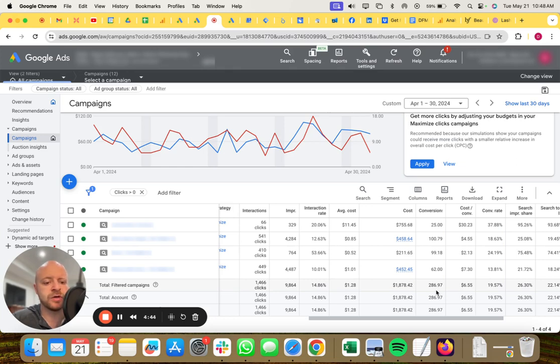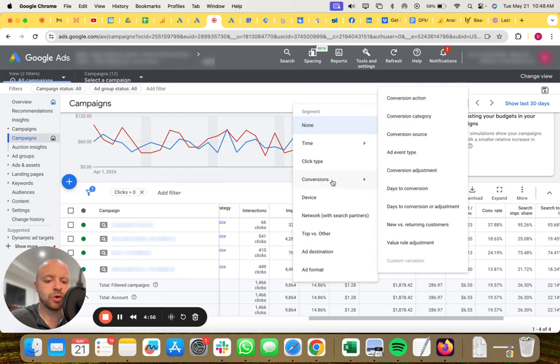This is where we start. So I'm going to show you a quick way to understand that before we go to the conversions tab. What I'm going to do is go in here. I'm in the campaign window and I'm going to go here. I'm going to click segment and then I'm going to go to conversions, and I like to segment by conversion